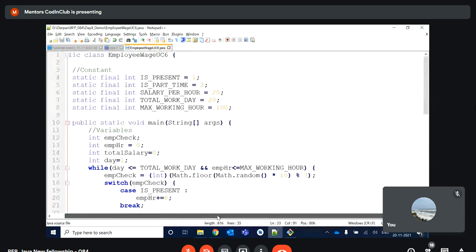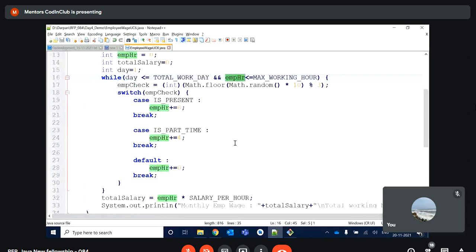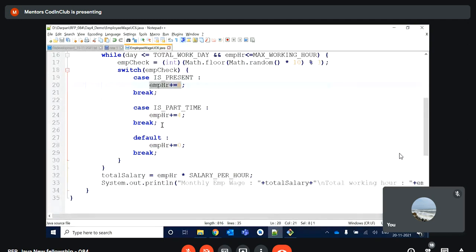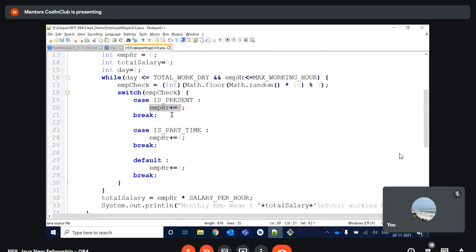Let me change my condition here. Employee hour, let's say it could be 96 here, and after adding 8, it will become 104.